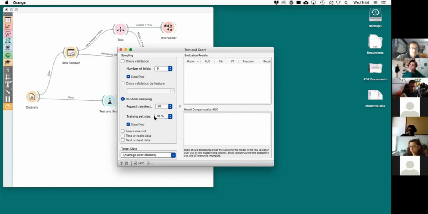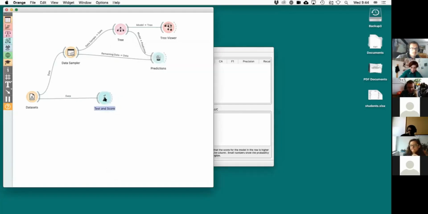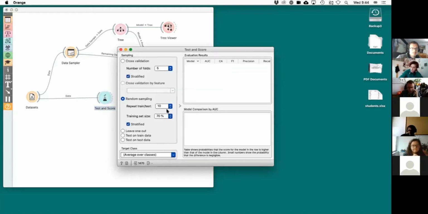It would build a model and then test it on the remaining 30%, so it does exactly what I was doing now. It would also average the accuracy across, let's say, 10 repetitions of train and test. It doesn't do anything now because there's no modeling technique.